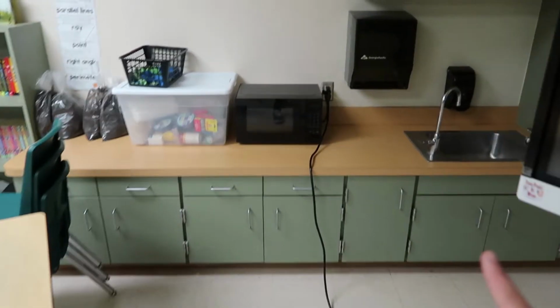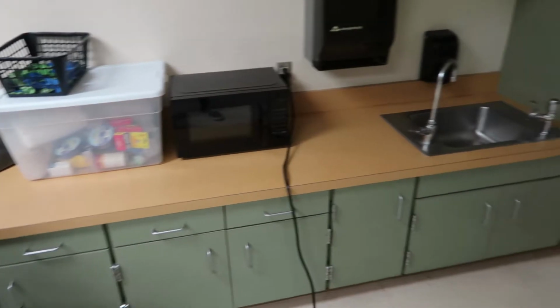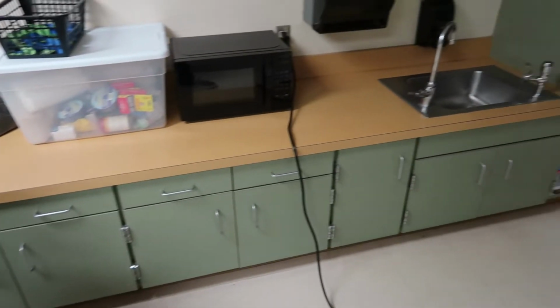I don't know. And then all these cabinets down here and this big tall one, I'm thinking I'm gonna put Kleenexes. I already have that stuff pretty much for the most part over here. That one as well, just all the extra pencils, things like that that kids bring in. That's what I'm thinking of putting there. So basically supplies are going in these. My stuff over there, reading stuff over there, math and science stuff over there. So basically all the stuff I need is gonna be on that side. And then this side here will be long-term storage of extra things kids bring in, pencils, whatever, yada yada yada. And then I already showed you guys